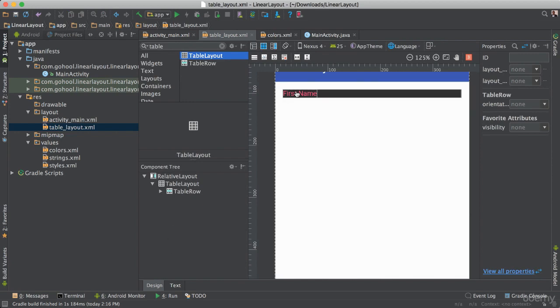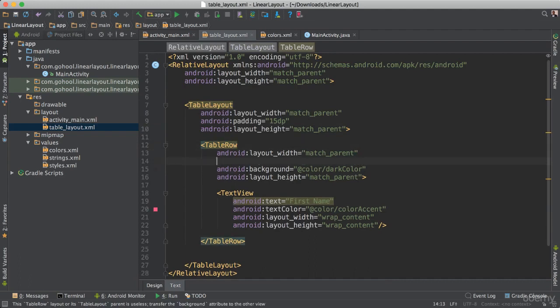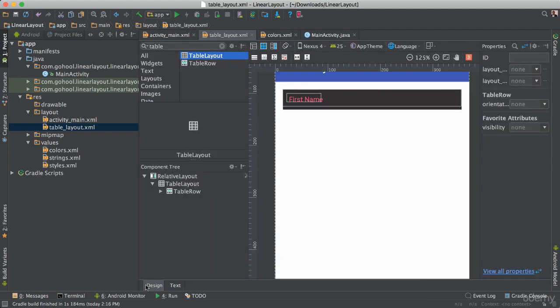Now if we want the inside of this row, we need to also go inside of our table row and give a padding that way. We can say padding here. Let's say give 12 dp. If you save, now look at that. It looks really nice, right? So we have this nice looking